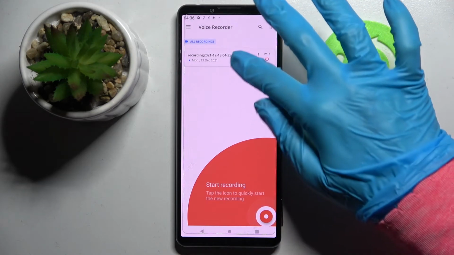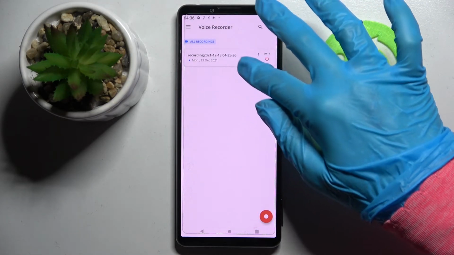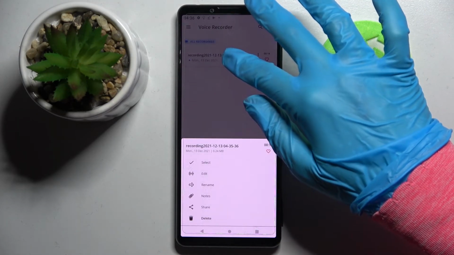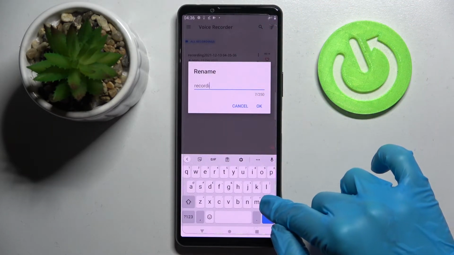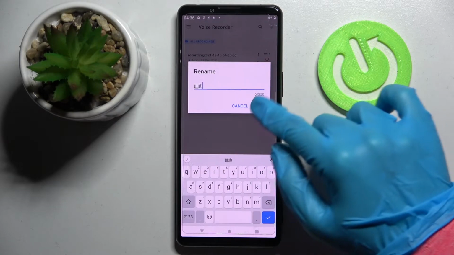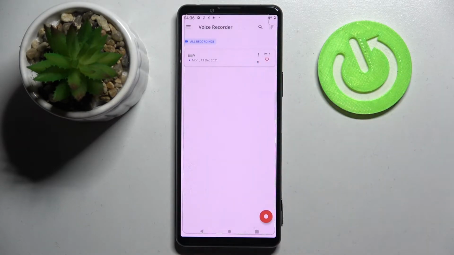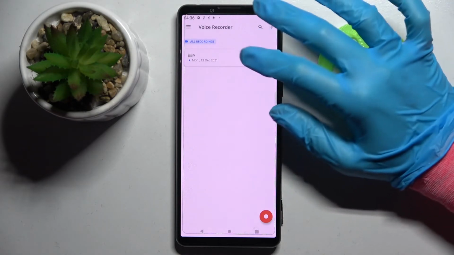You can rename it by holding it, choosing rename and typing wherever you wish to. Then click on OK to save your new recording name, and you can also delete it over here by holding